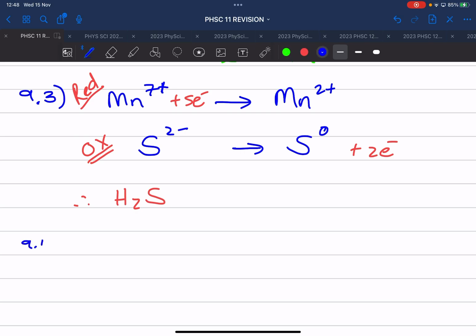Okay, 9.4, sê dit vir jou? Verduidelik jou antwoord van 9.3, so explain this answer in terms of oxidation numbers. Dan gaan jy nou uitskryf in woorde. Jy kan nie net simbole gebruik. Jy gaan sê,